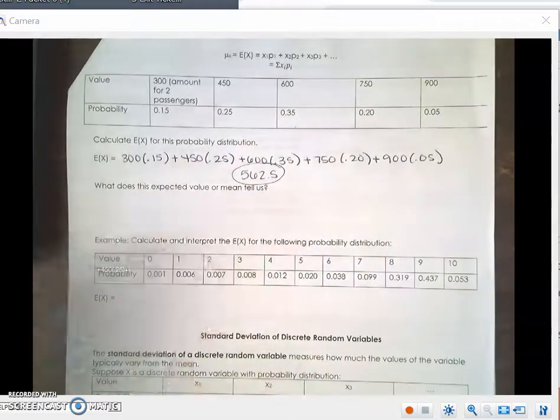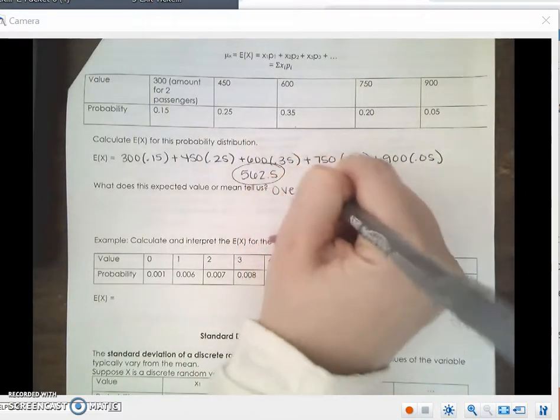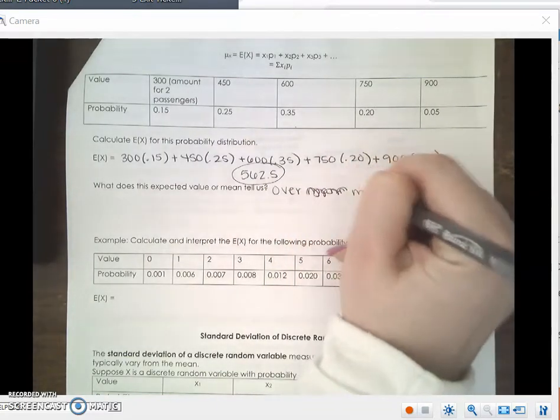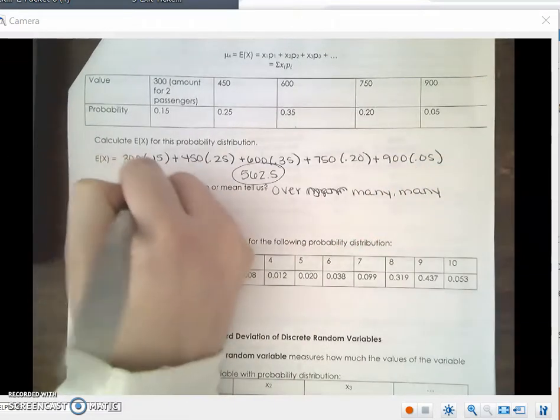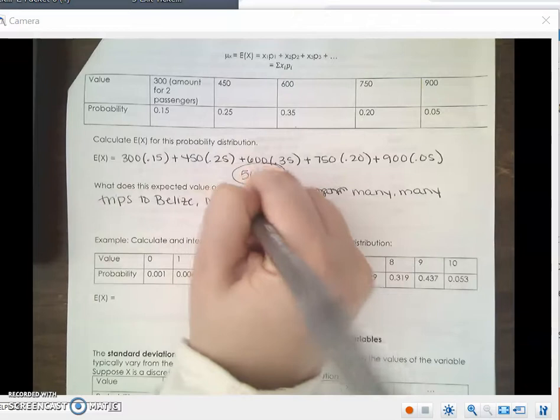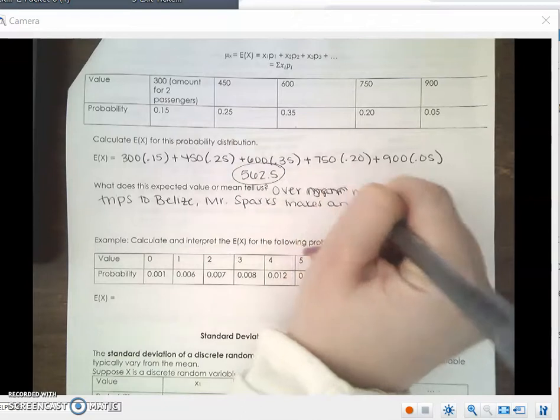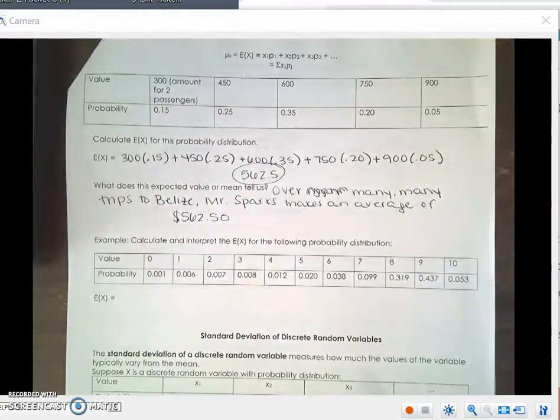562.5. So that tells us that over many trips to Belize, Mr. Sparks makes an average of $562.50. So that's over several trials. So over several trials, we would expect Mr. Sparks to make